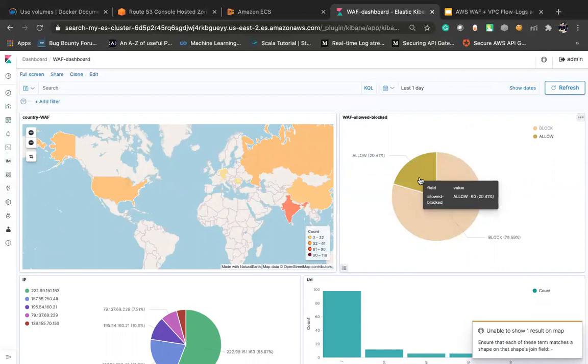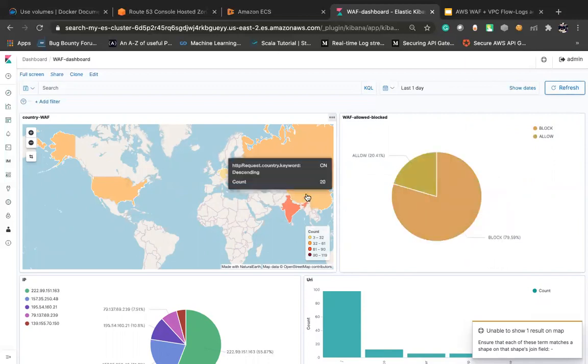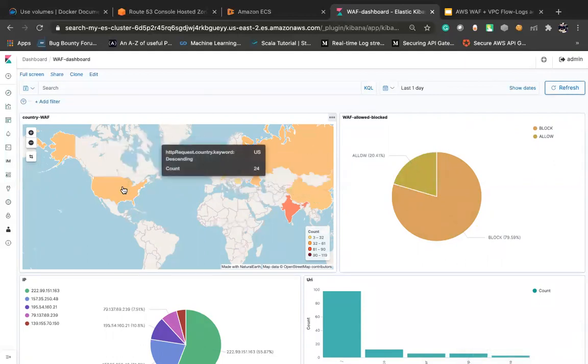So this many values are allowed and this many values are blocked, and for origin countries, 20 requests came from China, this is from Russia, and this is from the US.